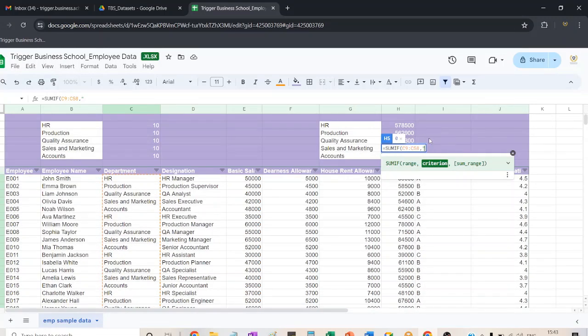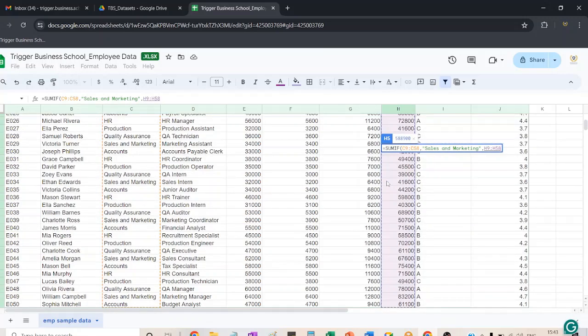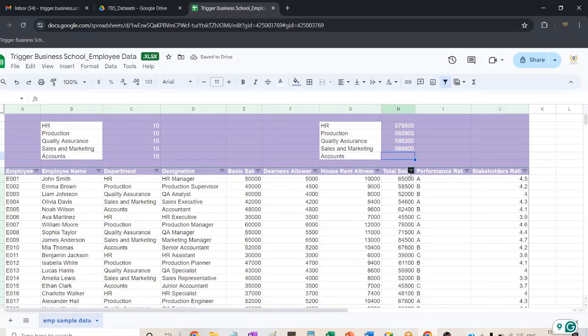So this is sales and marketing, double quote, sales and marketing, comma, total salaries देनी है. Shift control down arrow, bracket complete, enter. Now the last one, accounts is equal to